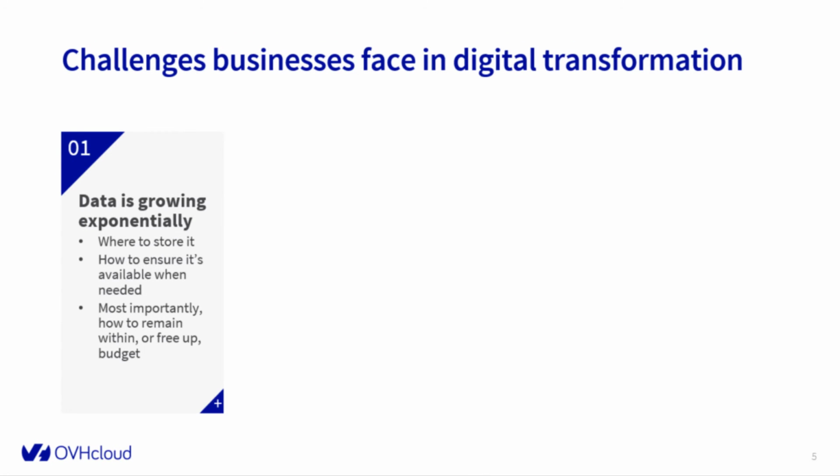Data is growing at an exponential rate, and it's not going to slow down anytime soon. In fact, IDC predicts that by 2025, worldwide data creation will grow to 175 zettabytes. The challenge IT leaders face is figuring out what to do with all this data, where to store it, how to ensure it is readily available when it's needed, and most importantly, remain within, or even better, free up the